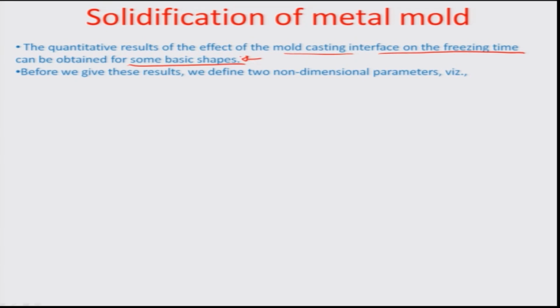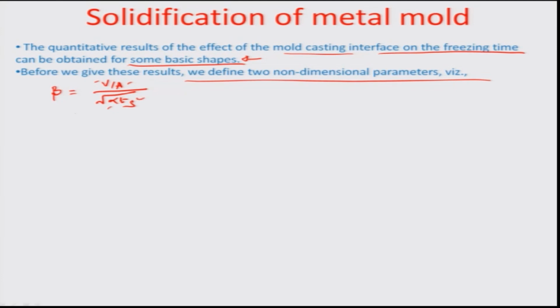I am going to just mention it as thumb rules which you could actually follow to do the designing, which is the more important part here. So before we gave these results, we defined two non-dimensional parameters. One parameter we define is beta, which is equal to V by A divided by root of alpha Ts, where V is the volume, A is the area, alpha is again the thermal diffusivity, K by rho C of the mold, and